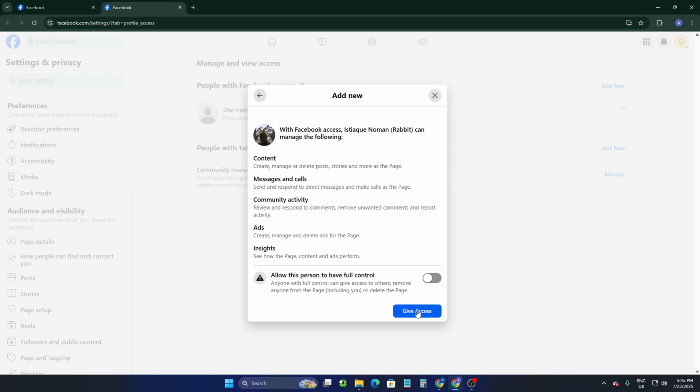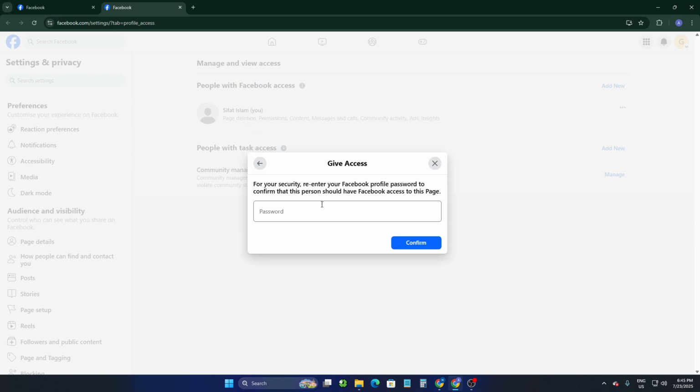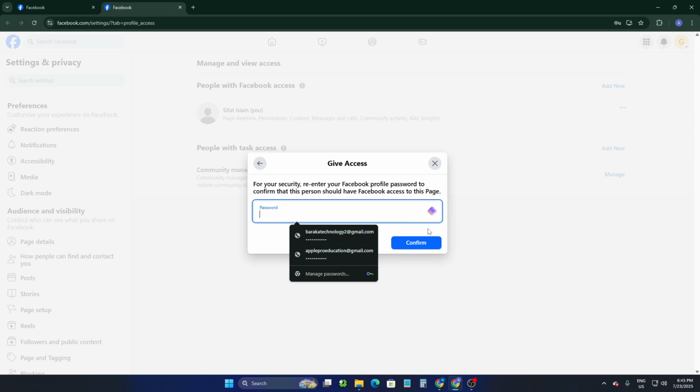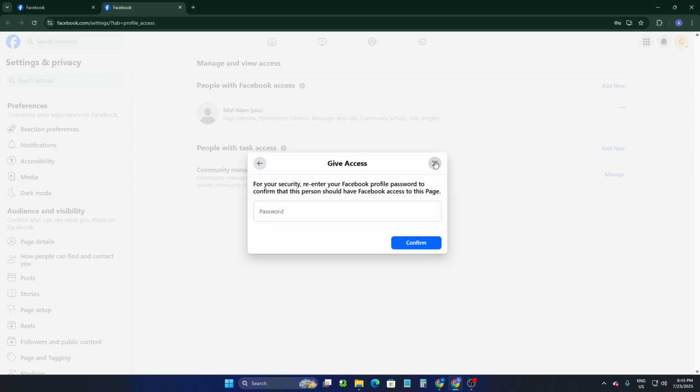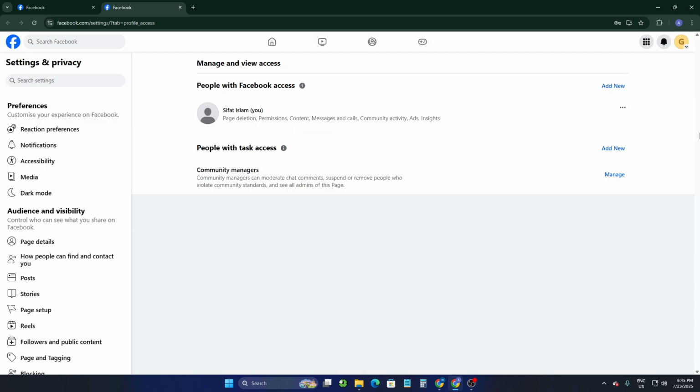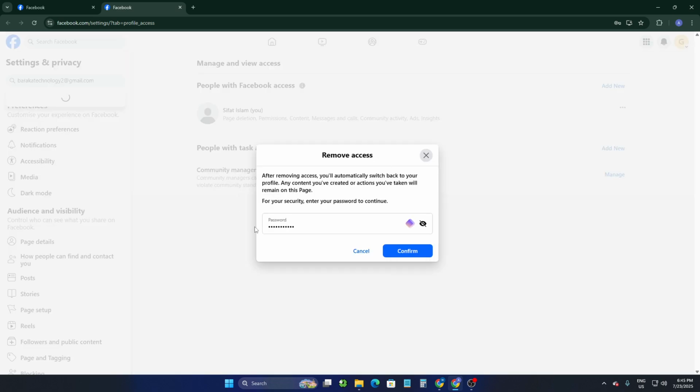Yeah, so simply click on give access, and after when you simply click on give access, you have to enter your password to confirm. Then after entering the password, you have to simply click on confirm, and that person needs to accept your invitation. So when they accept your invitation, you can simply click on this three dot button here to that past admin. So simply you can find remove access, where you have to enter your password and simply click on confirm,